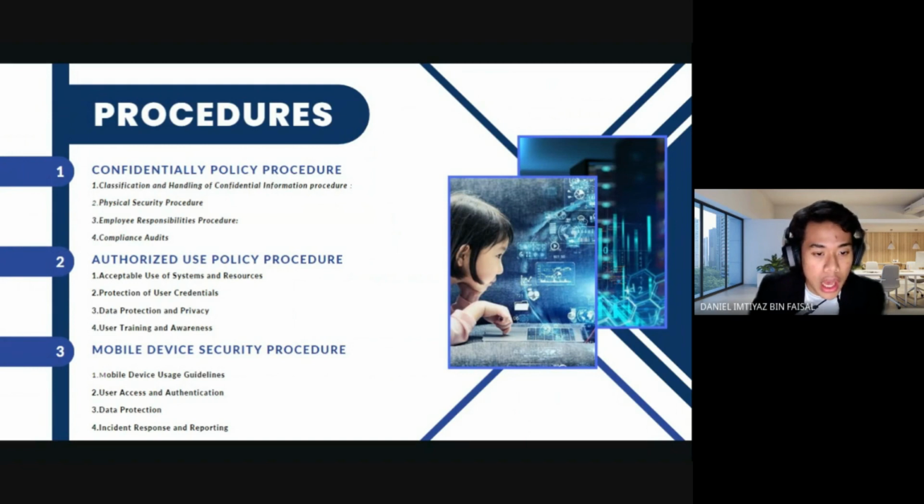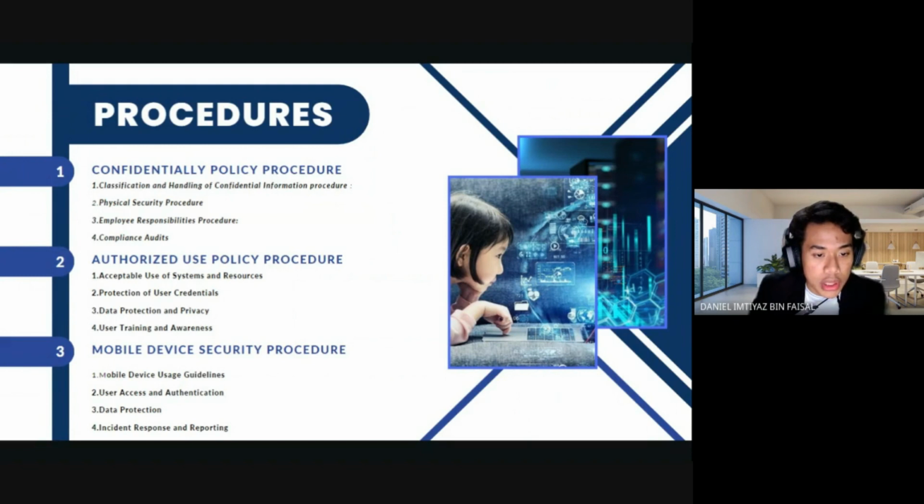Okay, for authorized use policy procedures, the first one is acceptable use of system and resources. Outline the behaviors and actions that are acceptable while accessing and using the system resources. Next one is protection of user credentials. The provision of guidance for the protection of user credentials and the encouragement of secure password practices.